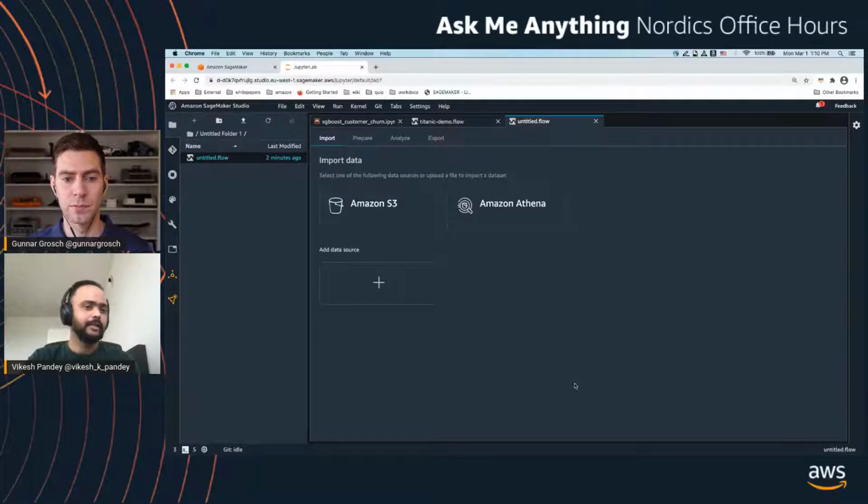And when it comes to data sources, as you can see on the screen, S3, Athena, Redshift, and Lake Formation are the 4 data sources which we have started with as a native integration. And as we go further throughout this year, we plan to add more data connectors, for example, for Databricks or Snowflake or MongoDB. So we have those in the pipeline as well, where we'll try to add those as a connector. So in today's demo, I'm going to just use the S3 native integration and use a sample